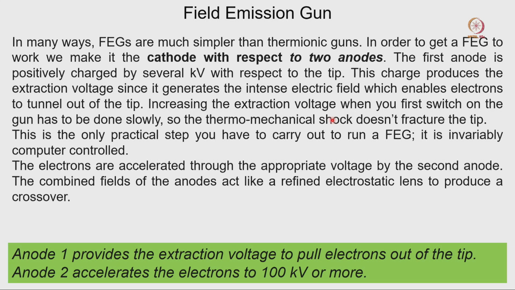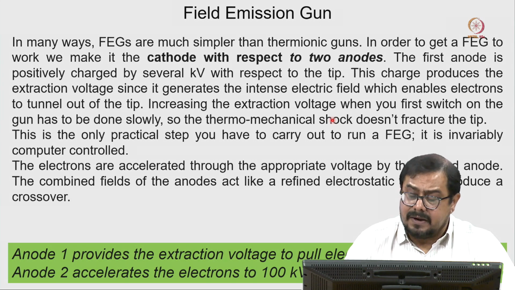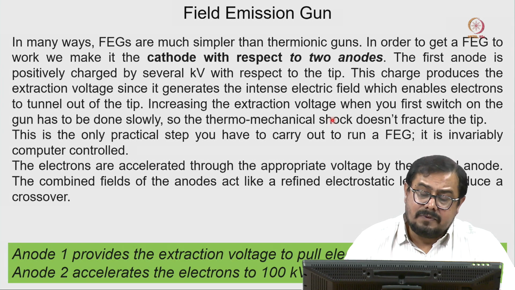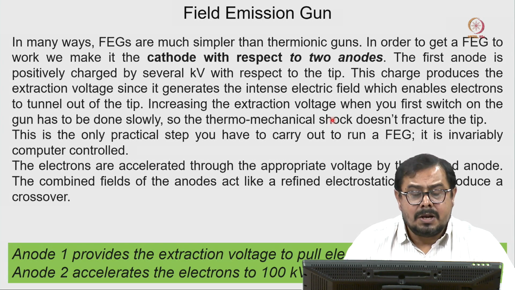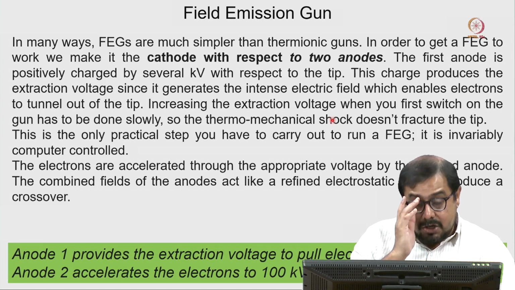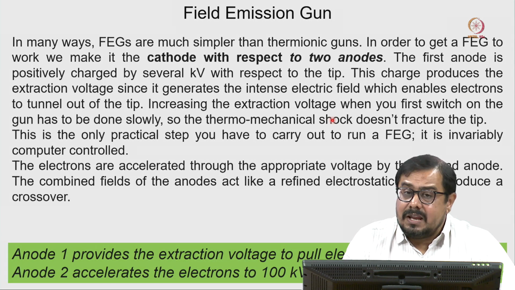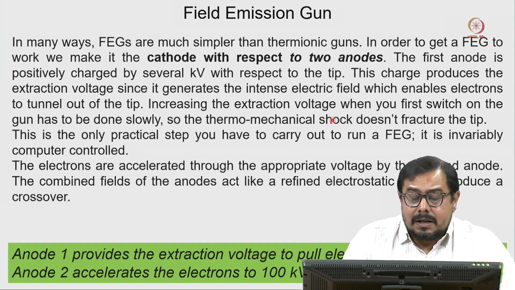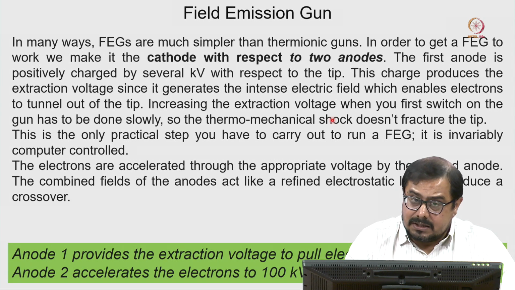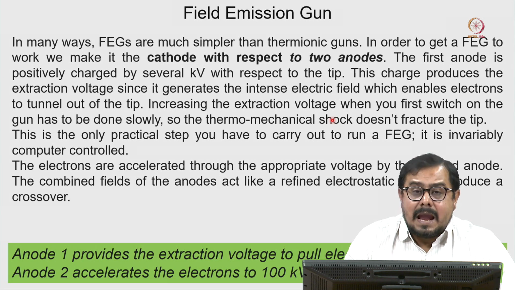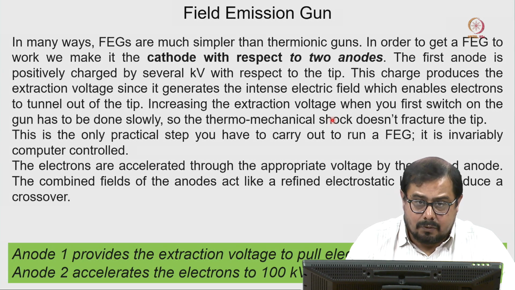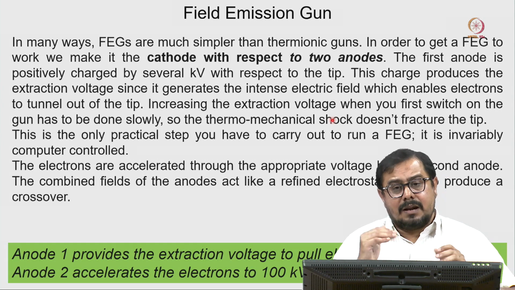So, why are we worried about the lifetime of any filament? Filament lifetime is very important, because the tungsten filament is comparatively cheaper. Around 18 to 20,000 rupees you can get one tungsten filament, but as we use very strong heat energy, that is going to damage the tungsten filament very quickly, and you have to replace the filament very frequently. Replacing the filament means you have to change the gun filament.